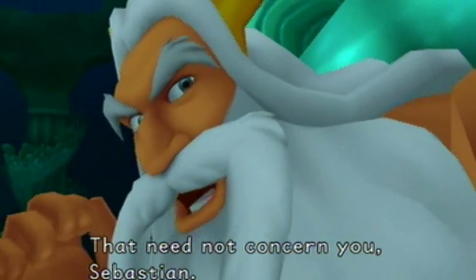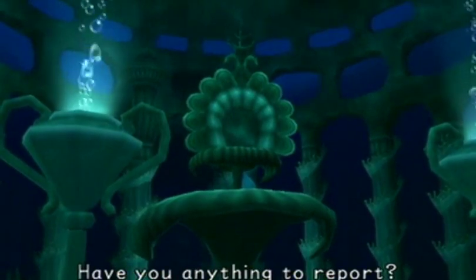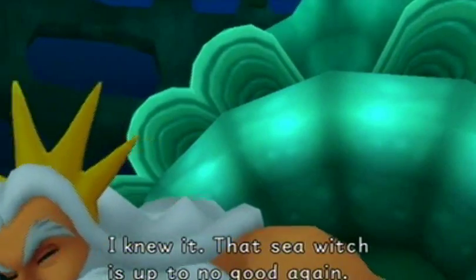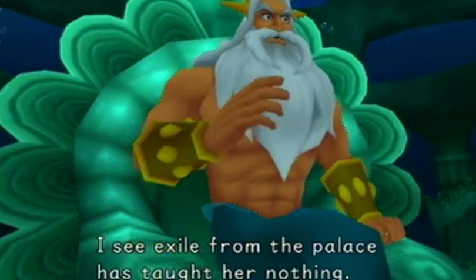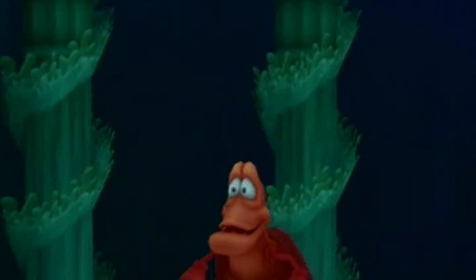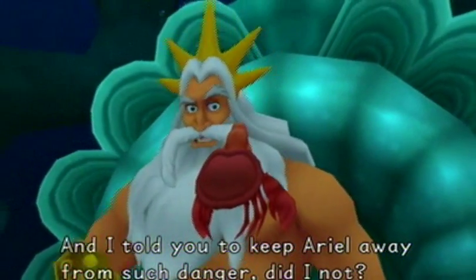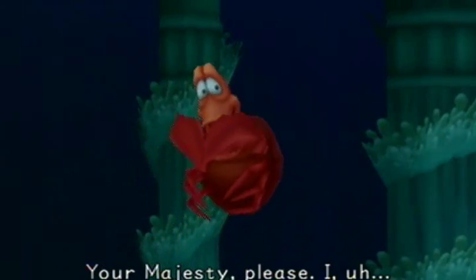That need not concern you, Sebastian. Have you anything to report? Just as you suspected, Your Majesty, they seem to be coming from Ursula's grotto. I knew it. That sea witch is up to no good again. A sea exile from the palace has taught her nothing. I'm sure she'd be glad to stay away from this serious place. Danger. And I told you to keep Ariel away from such danger, did I not? Your Majesty, please,